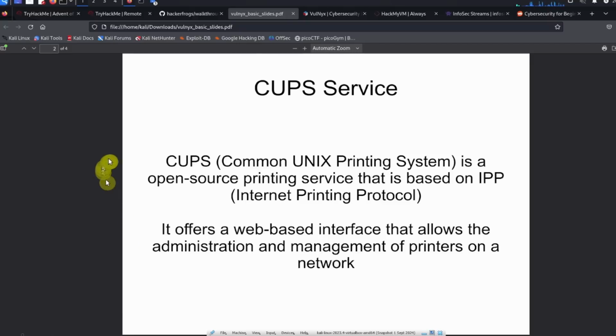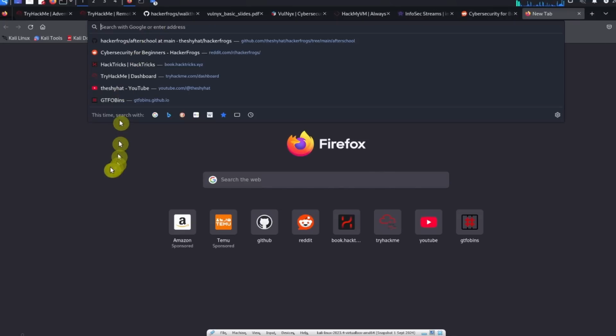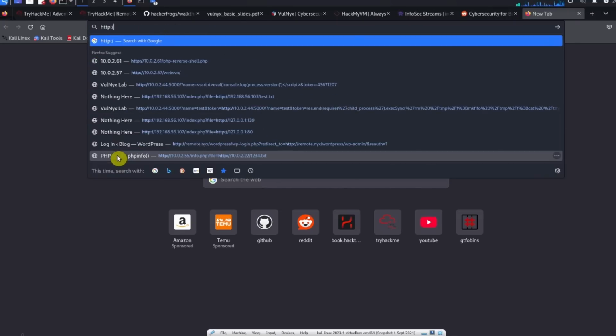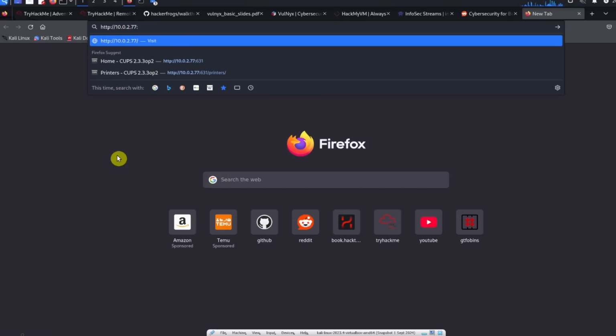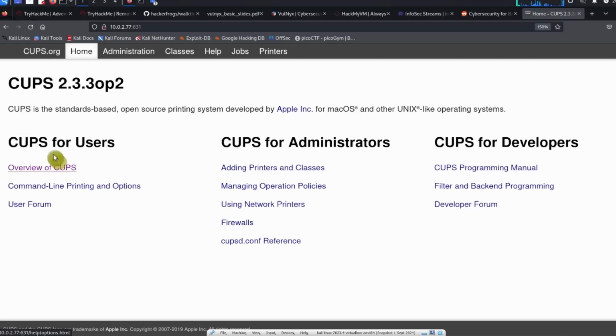Okay, so what we can do to access the CUPS service is use our web browser. Over in the web browser, we're going to access HTTP and then the IP address. In this case, it's 10.0.2.77. We're going to access port 631. So it's going to be the IP address, then colon, then 631, and then slash. We're going to see the CUPS